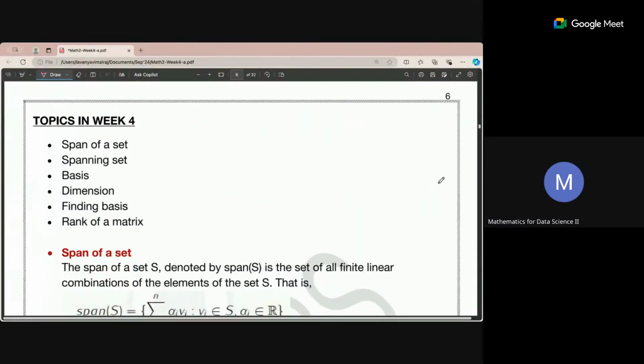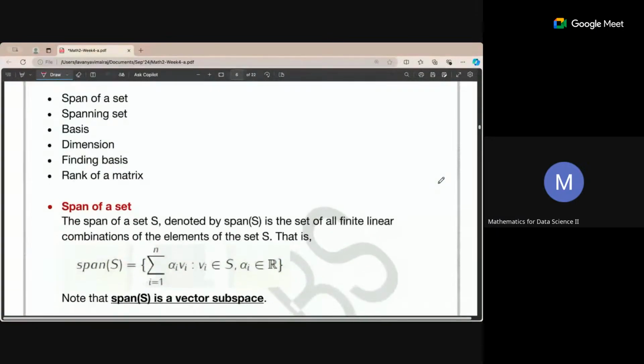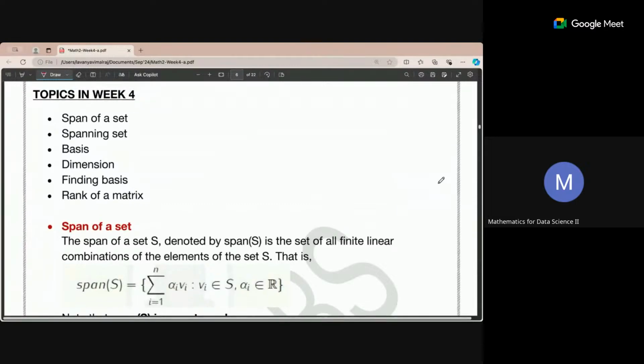Okay, so finally week 4, after almost an hour now. Span of a set. The span of a set is denoted by,